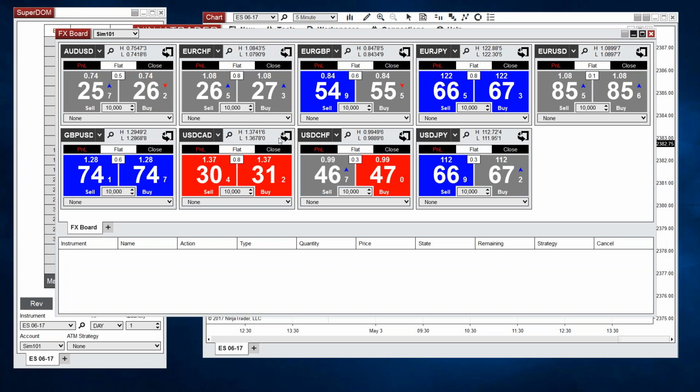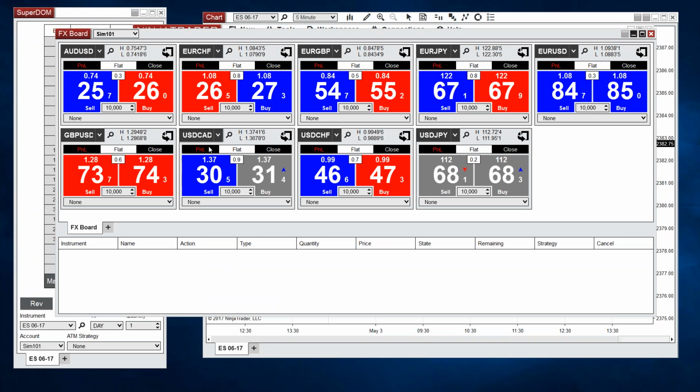We took a look at a number of different versions from competitive platforms to try to aggregate the best of everything, but what we also did is include here on the bottom an order grid. So as you trade directly in one of these tiles, you can actually use our ATM, that's our Advanced Trade Management approach, with trading Forex directly into this window.